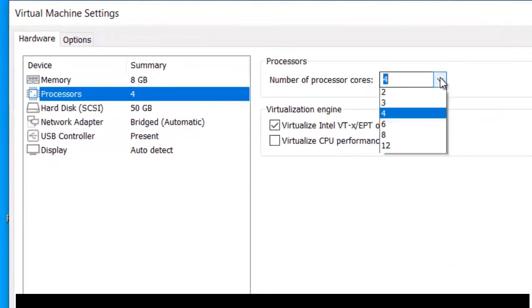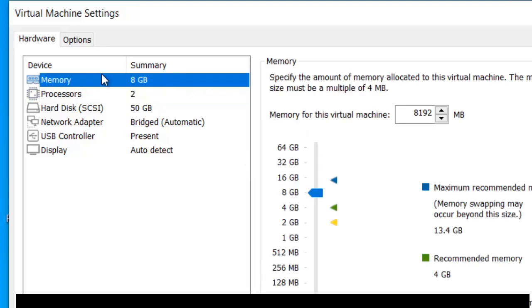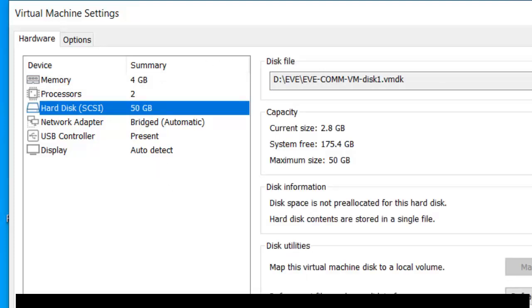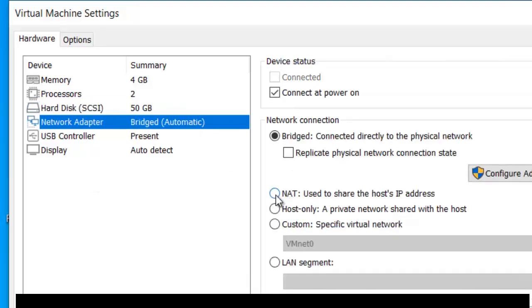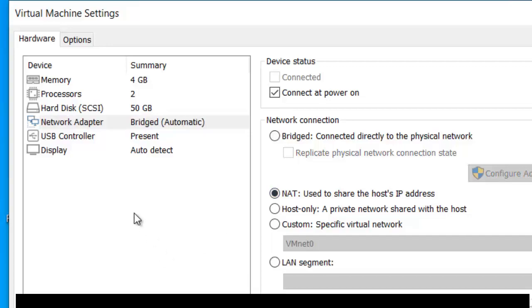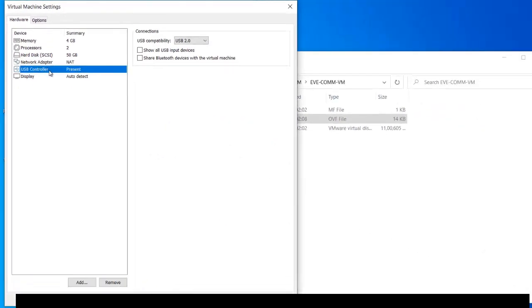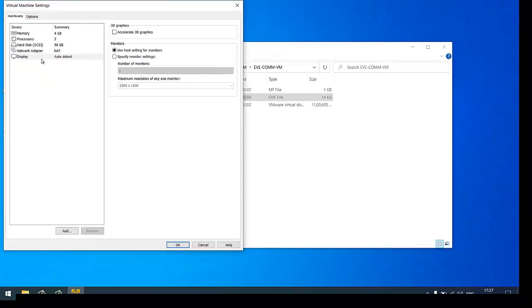We will use only 2 cores of our processor. We will use 4 gigs of RAM for EVE. For the network adapter, we will be using our VMnet 8, that is the NATed adapter, so that whenever we are connected to the internet we will have access to the internet via our EVE also.